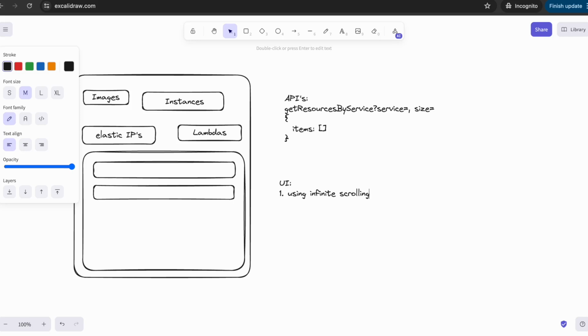For example, another 3 on top and another 3 on bottom, and every time user scroll up, we add items to the top and we remove from the bottom. Or if user scroll down, we add items to the bottom and we remove from the top. This way, each time we have in the DOM, for example, 5, 3 and 3 plus buffer, 11 items, for